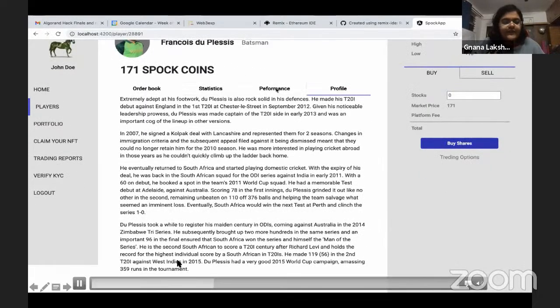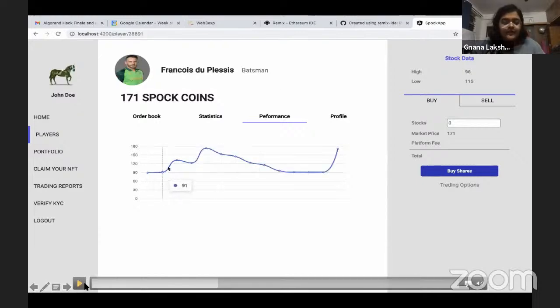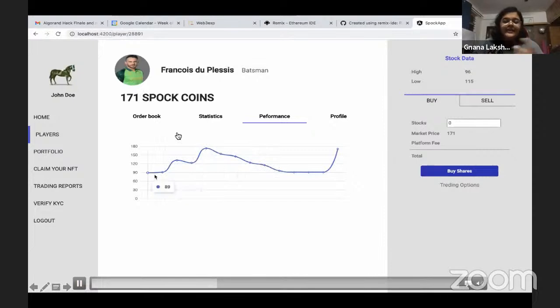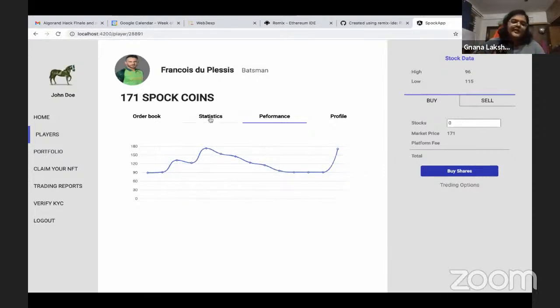You can also see the different player information related to each player, like their performance, their profile, what makes them interesting, what they play, whether they are a batsman or a bowler. Their current score, again 171, is based on their performance so far in the matches, their historical performance.